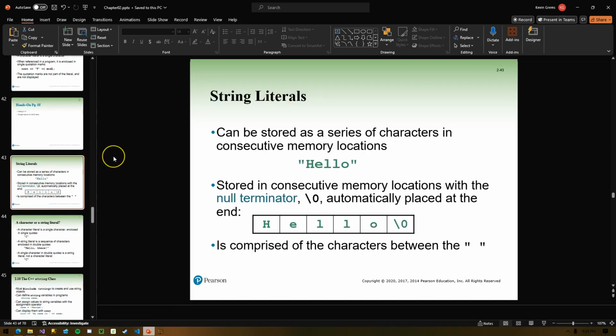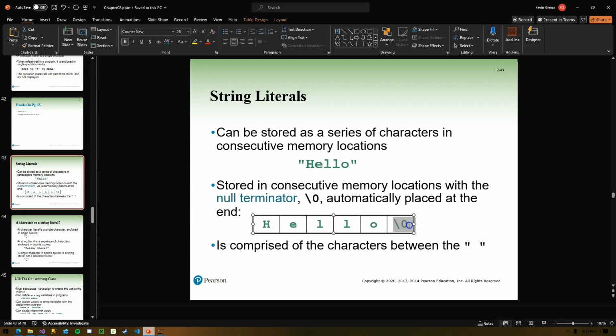A string literal. So shifting gears here, a string data type, we've seen strings before. They're a little bit more of a complex data type than a double or an int or a char. You store them as a series of characters in consecutive memory locations. So behind the scenes, we're storing each character of the string in a separate memory address.